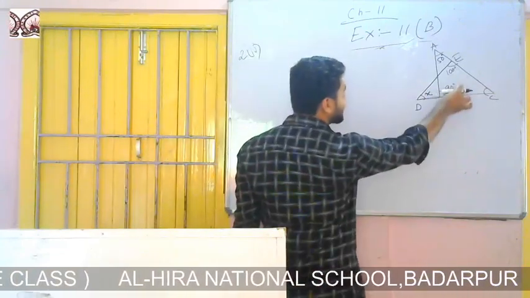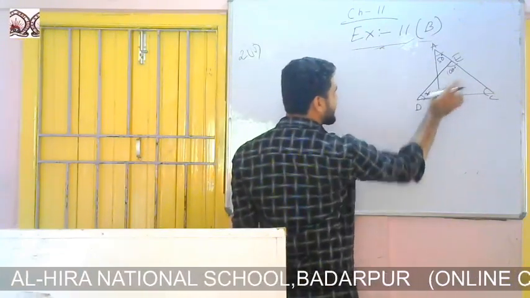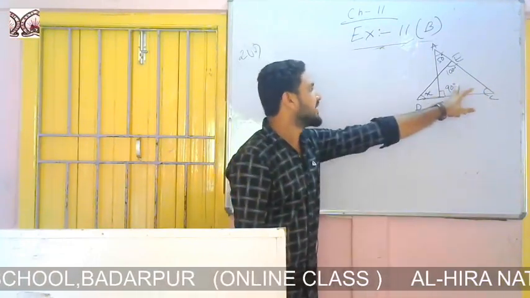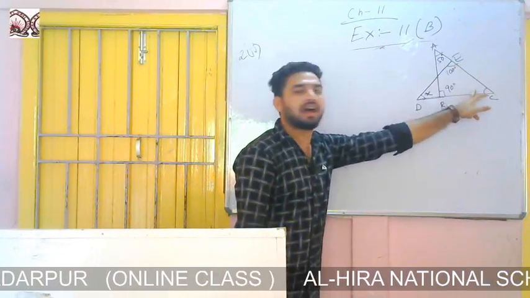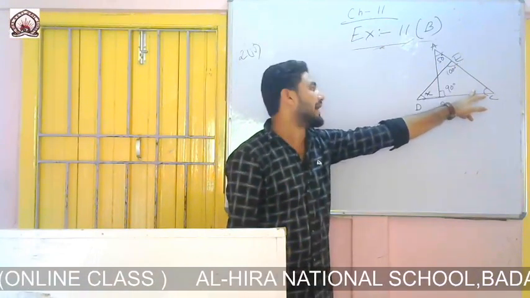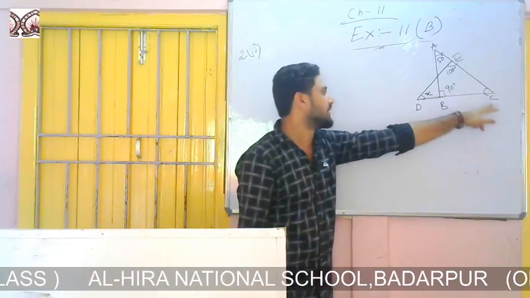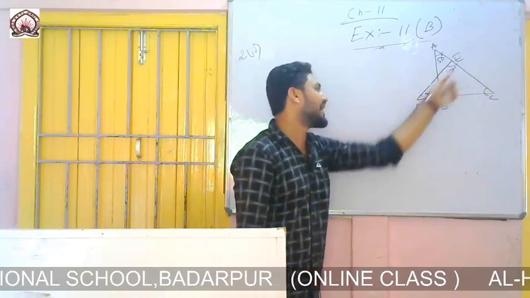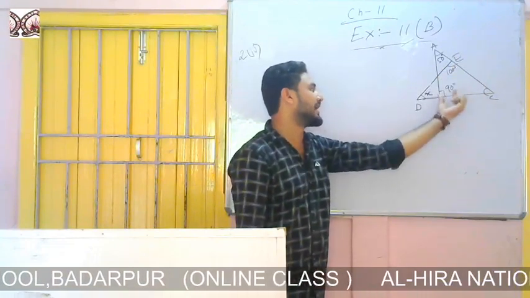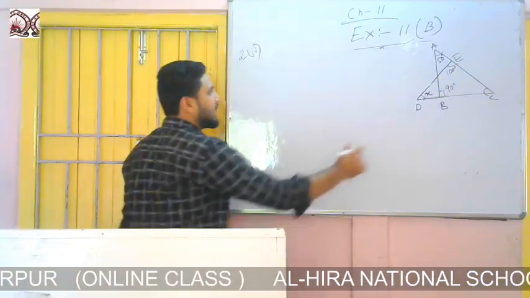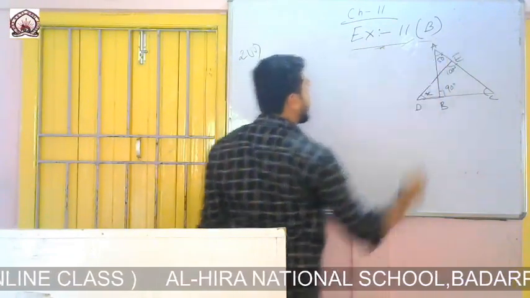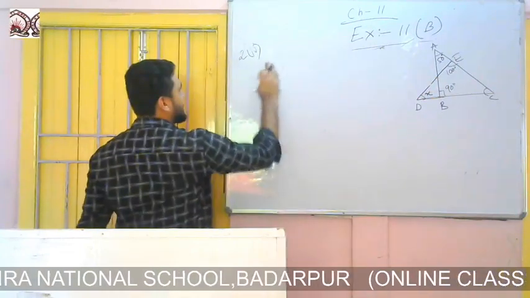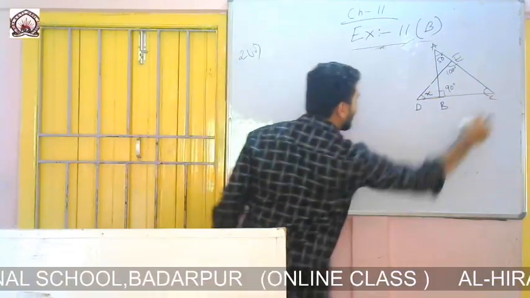You see, these two angles are given. If I consider angle ABC, then 90 degree plus 50 degree plus this angle, I can write what? 180 degree. And from there I can find angle C. Then after finding angle C, if I add these three angles, considering the triangle EDC, then I can find angle X. Earlier I had not written the measure of angle A, so for that reason I was in doubt. Now you can see it is very much easy.